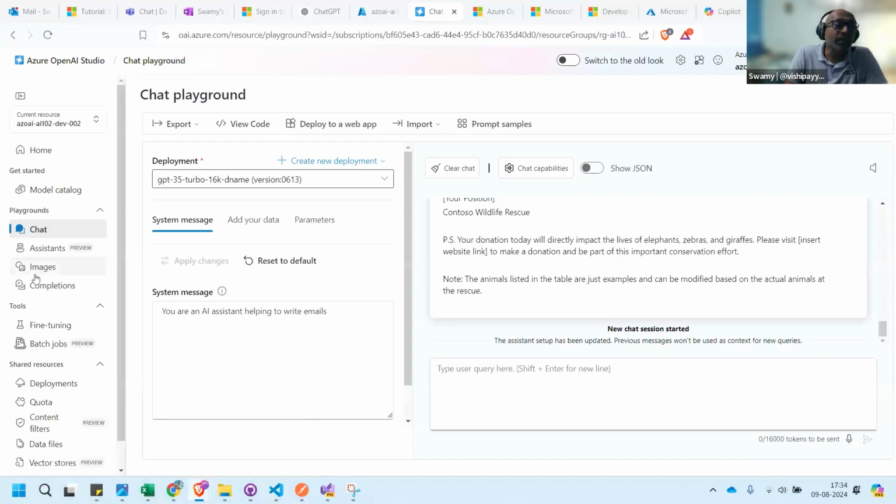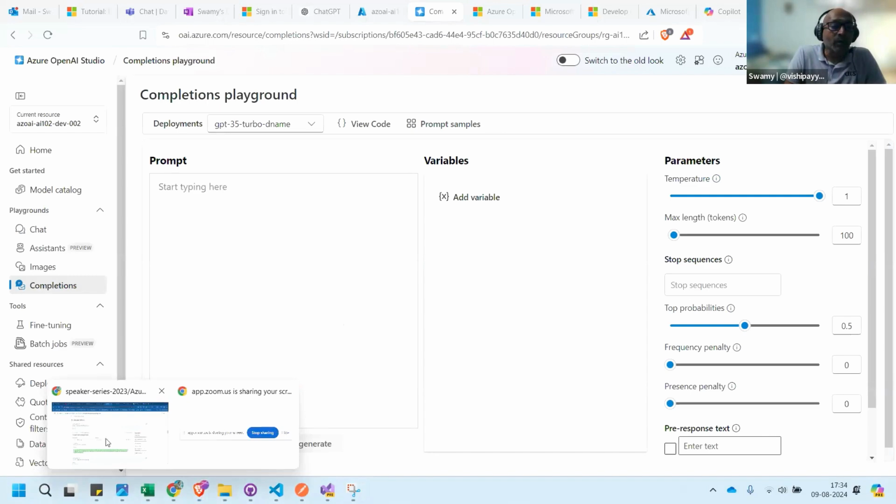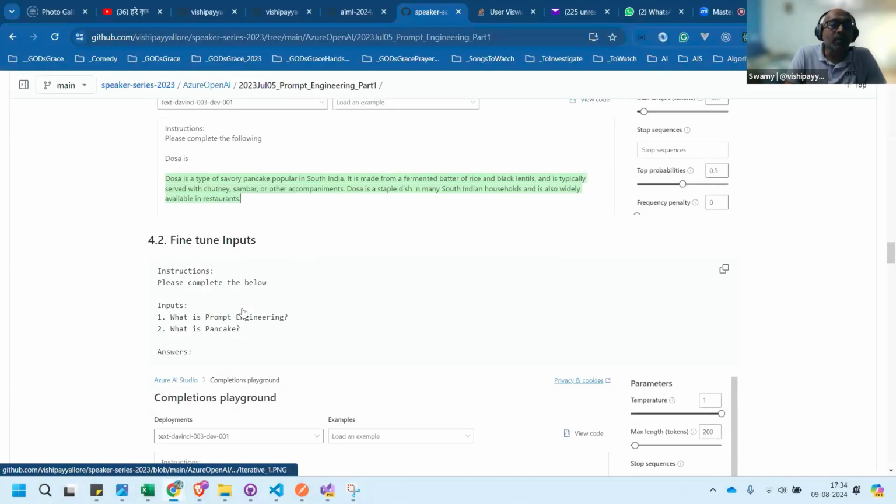So we saw a couple of things in the completions. We saw the temperature, and also we saw the n. N is the number of outputs we wanted. Okay, that's about the n. Let's see one more thing at the bottom.